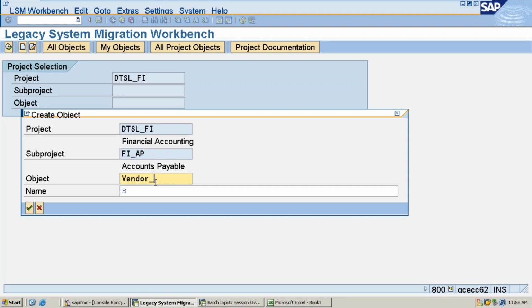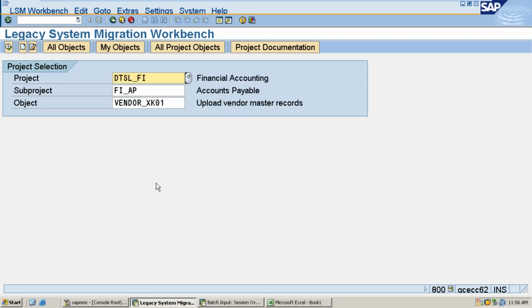But now we are uploading, right? So I would like to first do vendor master record create or upload. You can enter the exact object, meaning the transaction code you are going to use, XK01. XK01 is the transaction code to create a vendor master card. So you can just note down here: create vendor master card or upload vendor master records. Press enter. Like this you need to enter first the module, submodule and object. Then tomorrow it will be very easy for me to find out how many LSNW objects have been created under accounts payable also. Clear? Okay, so execute it.